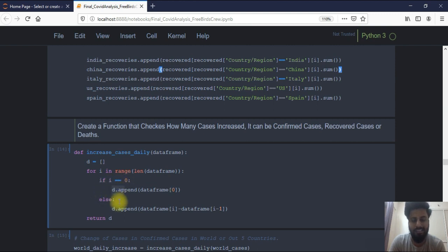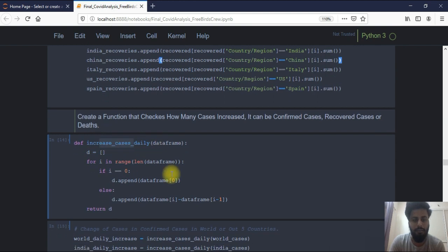And if there is an increase, there are different values, just like today is 1, tomorrow is 2. So it simply does 2 minus 1, there is 1 increase in the 2 days. Else, similarly, it can do like this. It simply subtracts yesterday's data from today's data. So with the help of this, we can get the daily increase in cases for our data frame.